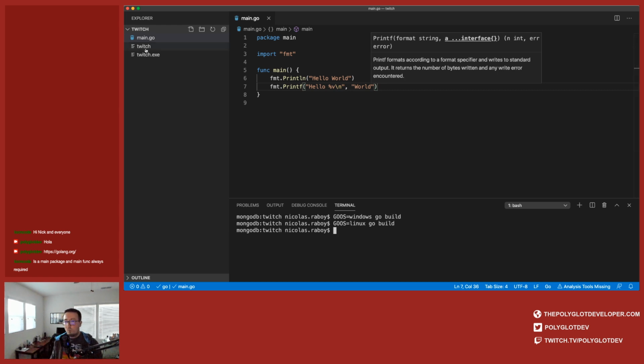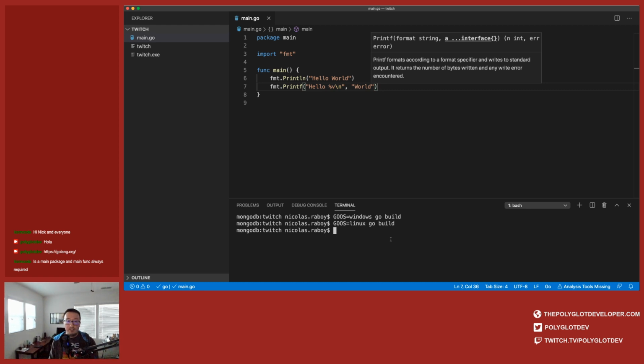So this Twitch file right here in this Explorer is a Linux build, and it'll work if somebody's running a Linux operating system and matching the same CPU architecture that I am. If I were to give this Twitch Linux file to a Raspberry Pi running maybe Raspbian or some flavor of Debian, it won't work, because the Raspberry Pi is running ARM as the CPU architecture, whereas I am not. So I can always accommodate that as well.